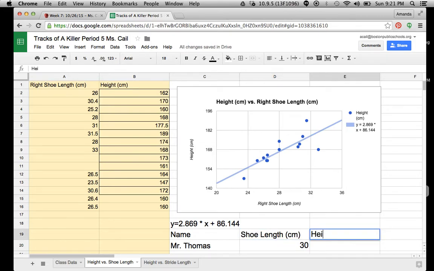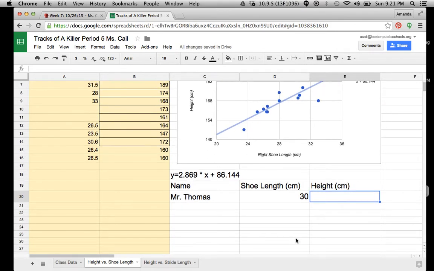Now we want to predict Mr. Thomas's height. Instead of having to punch this into our calculator, we want to be able to do this in the spreadsheet and repeat this formula multiple times each time we measure someone new. So we take this information here and we convert it into a formula for a spreadsheet. We start our formula with equals, because essentially we're saying that height is y. So height equals, so y equals